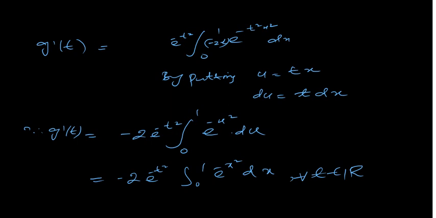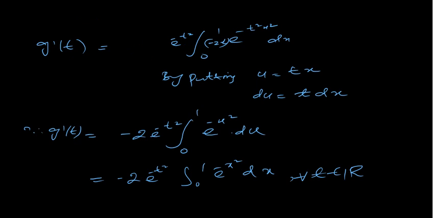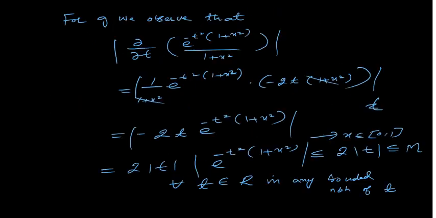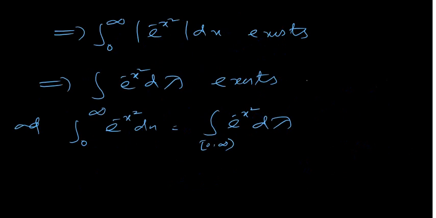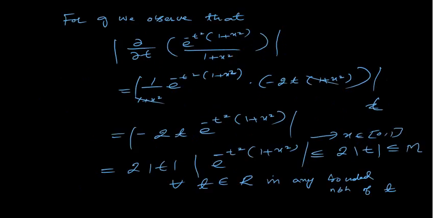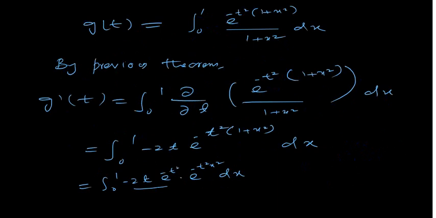Okay. Now let's find f dash t plus g dash t. So now, f dash t plus g dash t. You will see what f dash t and g dash t are. G dash t, that you have seen, is minus twice this. And what is the f dash t that we already calculated here? Where is this f dash t? Oh, that is g dash t. f dash t is